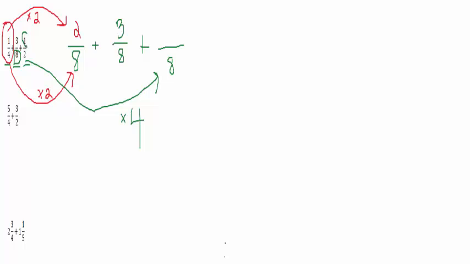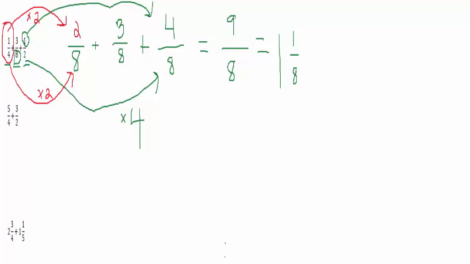Okay, so since I multiplied the denominator by 4, I'm going to multiply the numerator by 4. 1 times 4 is 4. Now I'm going to add up all of my numerators. 2 plus 3 plus 4 is 9. And then of course I have the denominator of 8. And so 9/8 is 1 1/8. Or